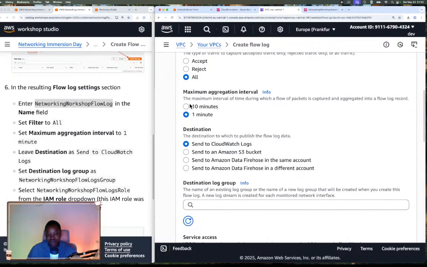In real life situations, you may want to change it to 10 minutes, but because we have limited time with this anyway, you want 1 minute intervals. So what this does is, in your flow log,